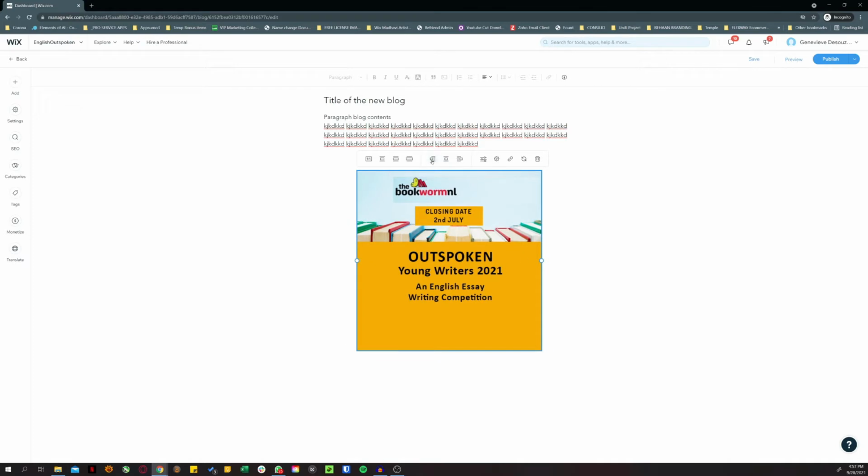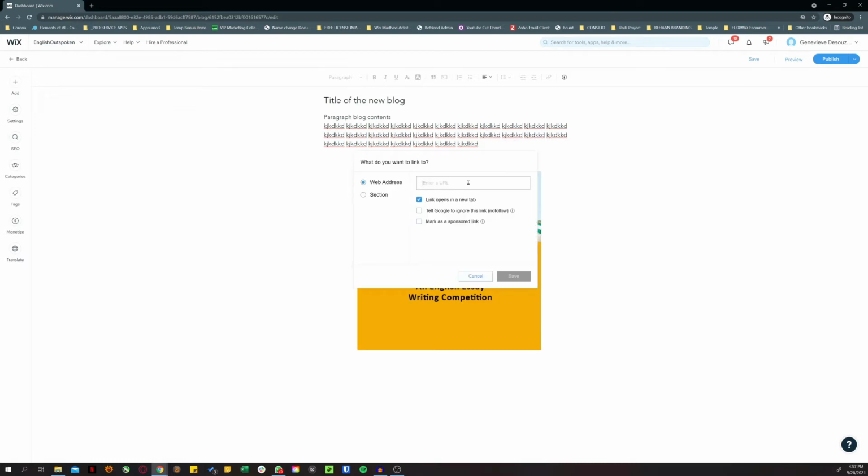You can align the images to your left or right or center. And you can add, say for example, if you want somebody to click on this and go to another web page, you can add a link to this image. Enter a link, say this is the link to any page. You can click on it, and then when you hit save and somebody clicks on this later on, they'll be taken to that page.